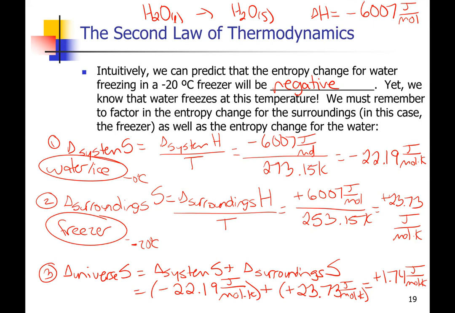And so, in fact, it is thermodynamically allowed for water to freeze and give you ice cubes if your freezer is at negative 20 degrees Celsius. And in fact, if you were to do the math, it is thermodynamically allowed for water to freeze at any temperature below 0 degrees Celsius, because in each of those cases, the warming up of the surroundings results in a greater entropy increase for the surroundings